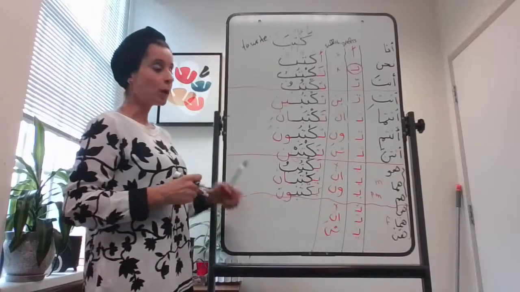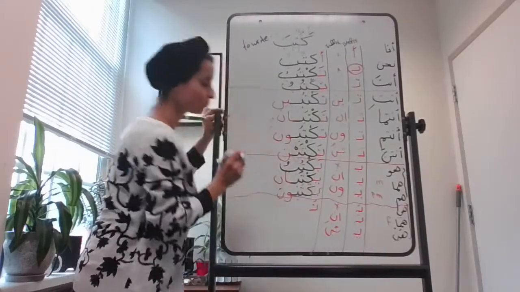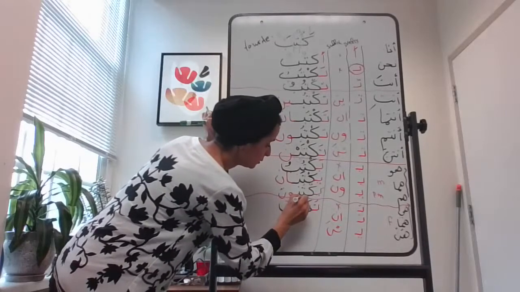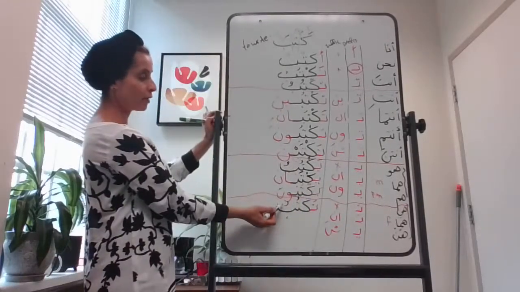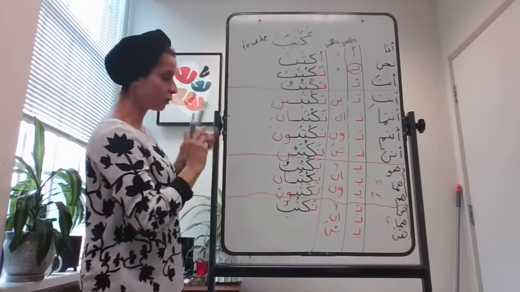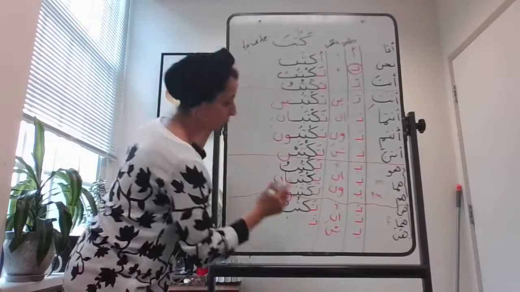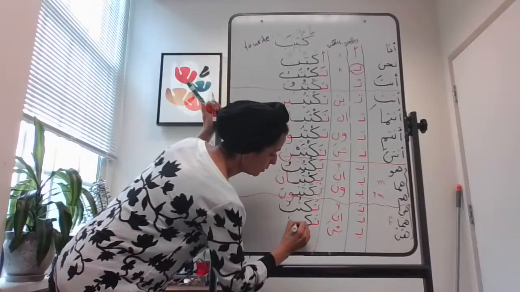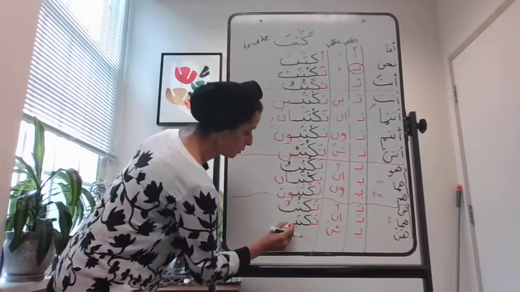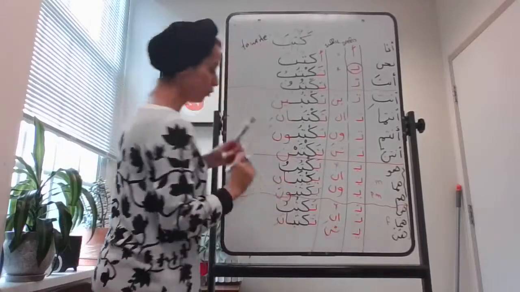For the third person pronoun for female, we have hiya. For hiya, we have the prefix ta, and then we add the root, hiya taktubu. We added dhamme on the third root because there is no suffix. Hiya taktubu. Huma, for feminine, huma taktuban or huma taktubani. And then for hunna,